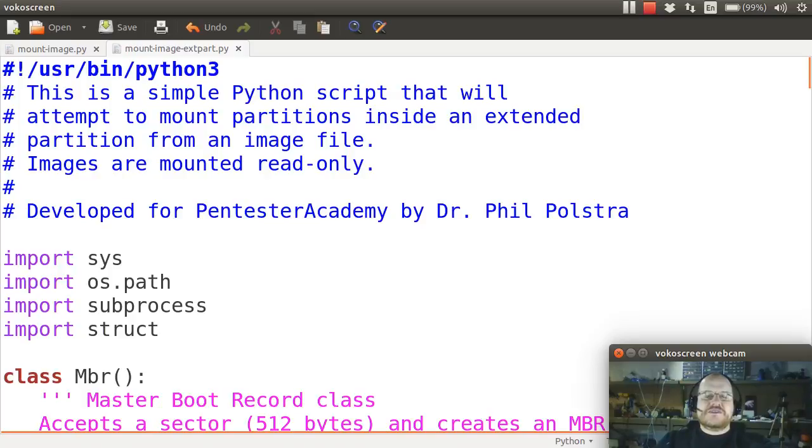In this video, we're going to continue our discussion on automating the mounting process of images using Python. In particular, we're going to talk about mounting extended partitions. So let's get started. So here I have another Python script, and as before, it starts with the proper shebang